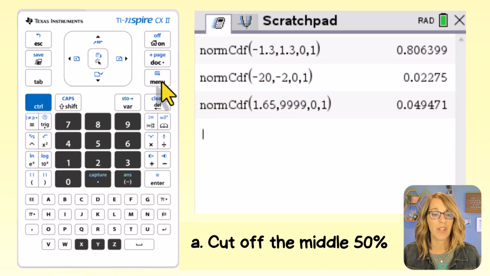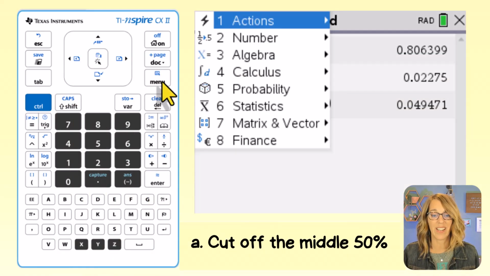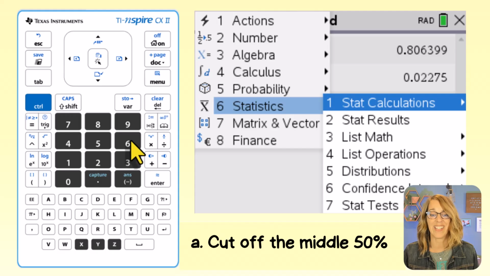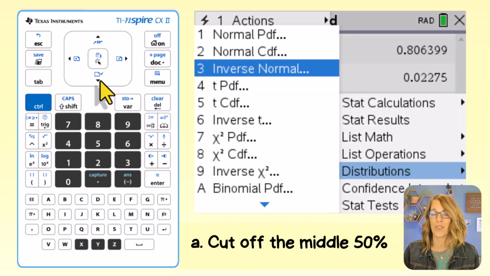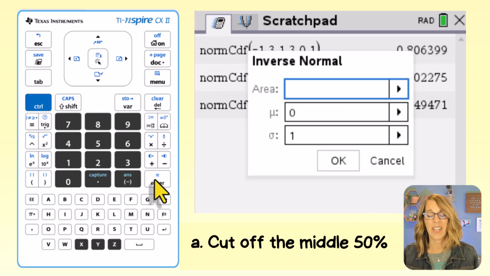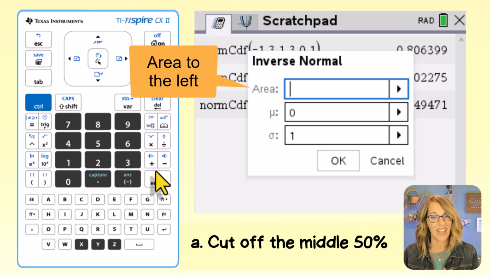So for that, I'm going to go to menu again, and then statistics and distributions, which is number 5. This time I want the inverse normal. I'm going in reverse, area to a z-score. So let's hit enter to choose number 3. It's asking me for an area. And the key here is that the calculator is always asking you for an area to the left of the